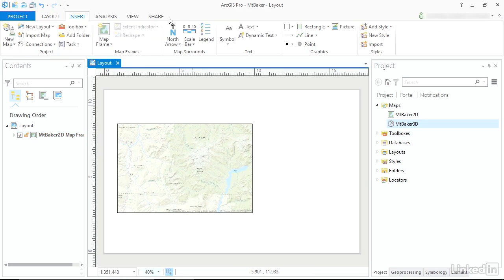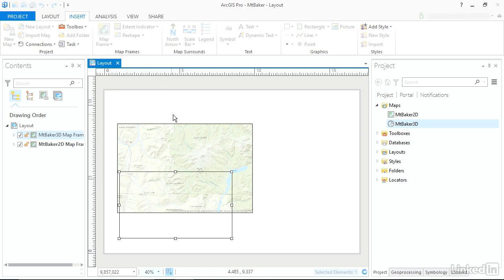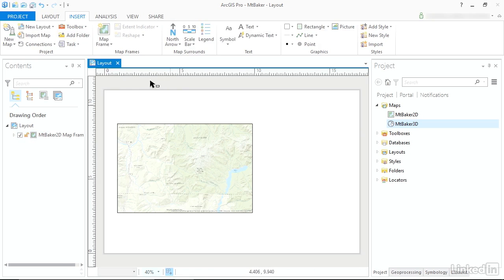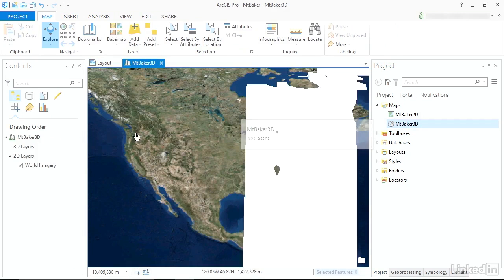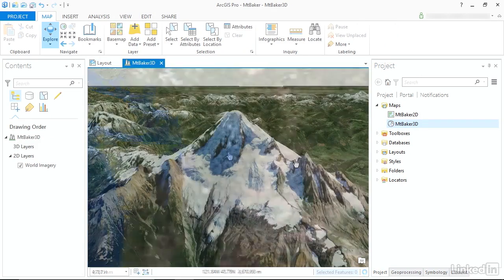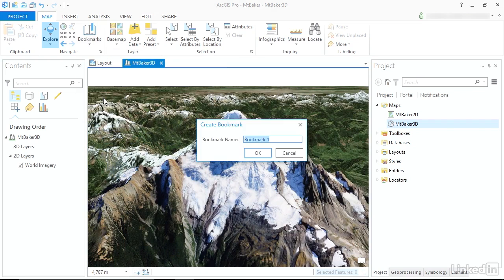Next, I need to add in the 3D one. So I'll go back to the map frame, and looks like I did make a bookmark for that. So let's go ahead and just add that in. You know what, let's go ahead and actually delete that and go back in and create that bookmark. So I'll just open it up from the project pane. And it looks like I gotta reposition it. So we'll zoom in again. And once it renders, we'll come up to the bookmark tab and create that new bookmark, call it Mount Baker